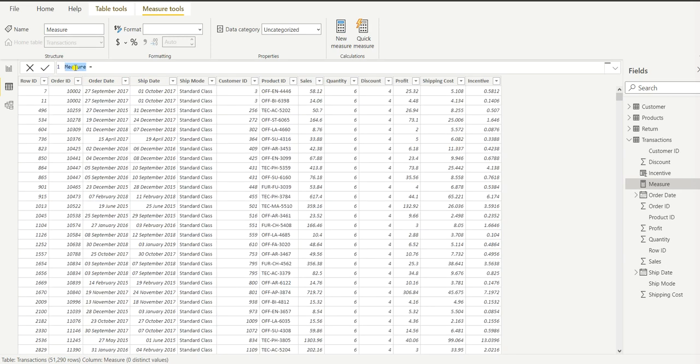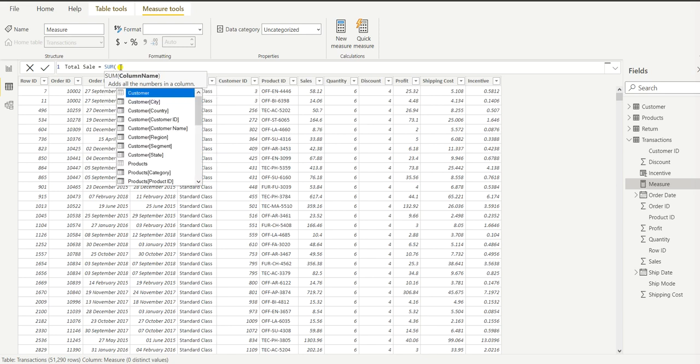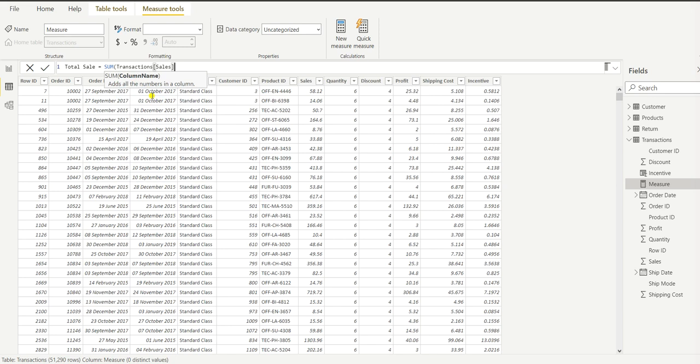We can name it total sale, and again we will use the sum function, sum of sale, which is in the transaction table. Bracket close and hit enter.